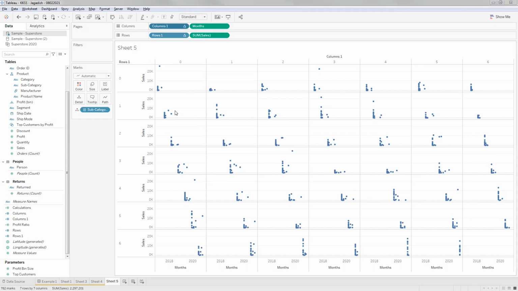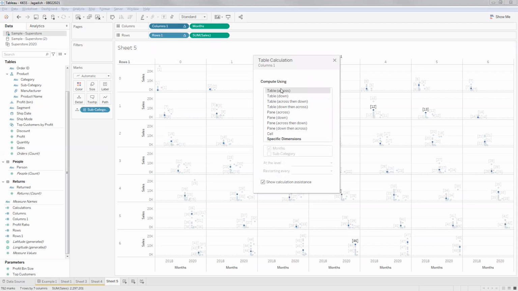So edit table calculation columns, and I'll go for specific dimension options, and I need to perform this calculation basically across all the subcategories across all the months.